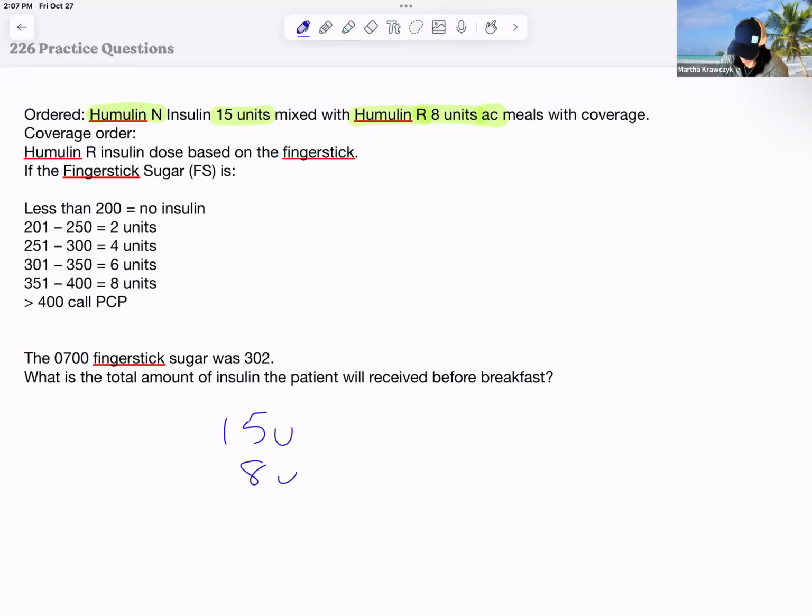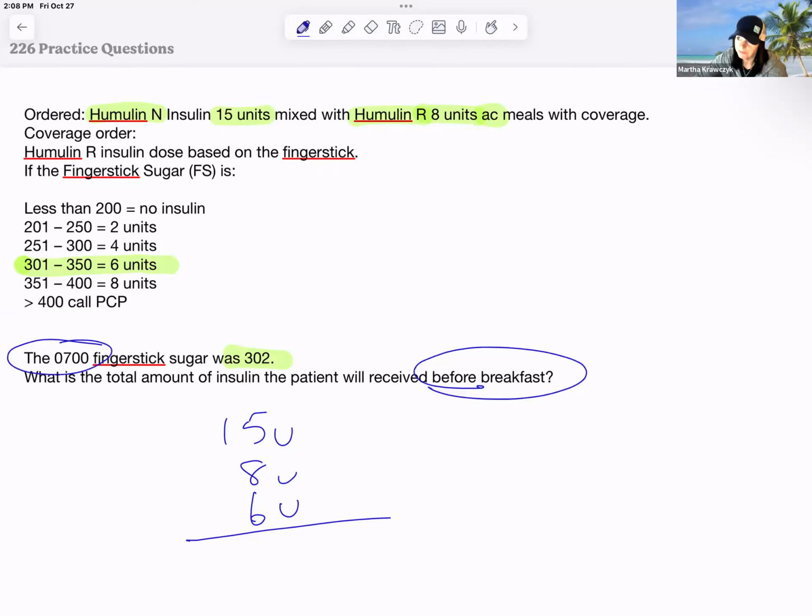We know that. So now I have to go in and take my patient's finger stick, and I get a finger stick of 302. So that's when I go to my coverage order, and I find where 302 falls, and it falls right between 301 and 350. And that says between 301 and 350, the patient should get an additional 6 units. So the question asks, what is the total amount of insulin the patient will receive before breakfast? Finger stick was done before breakfast. And the answer is,